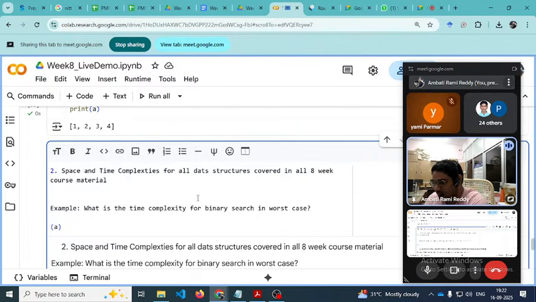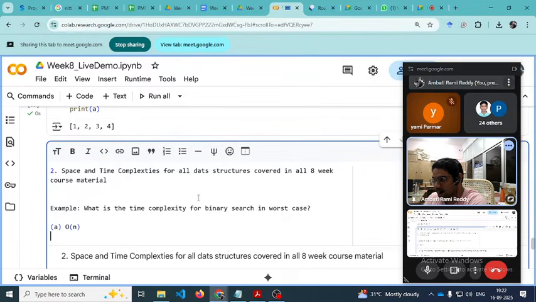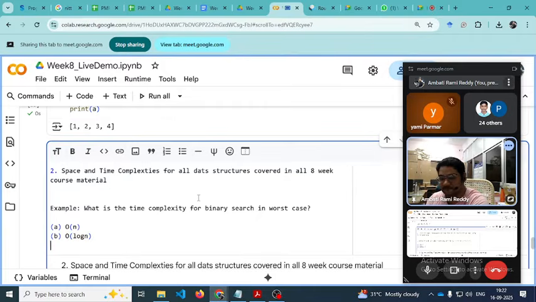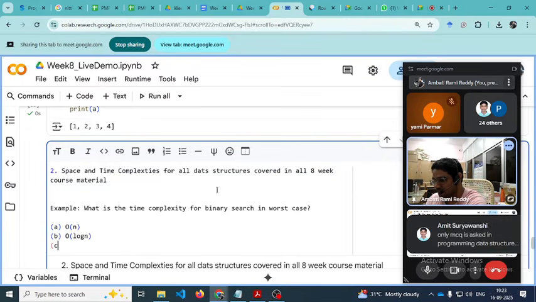The options will be like this: A order of n, B order of log n, then option C will be order of